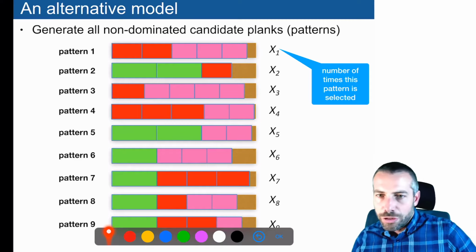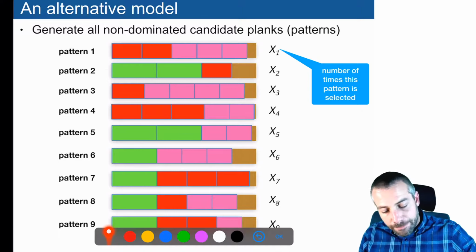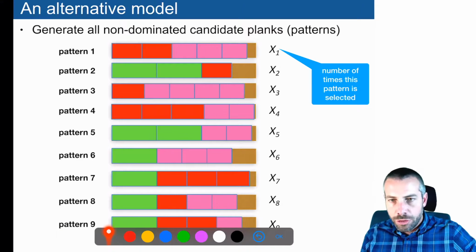We will introduce another linear model for the cutting stock problem. An easy one is to generate all the possible patterns of assigning orders to a given plank. So I take a plank and I enumerate all the possible ways to assign some orders to a plank.